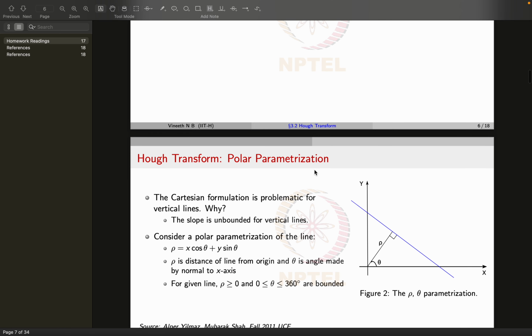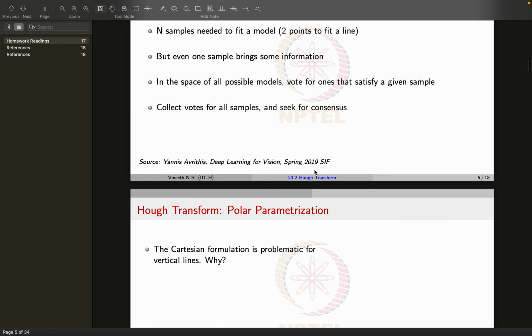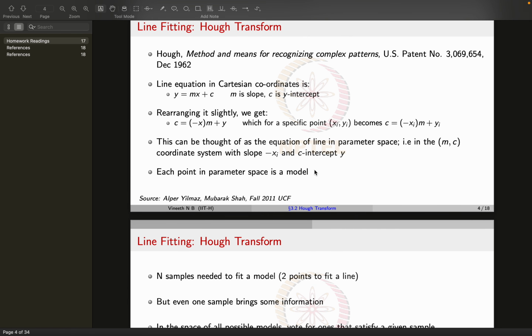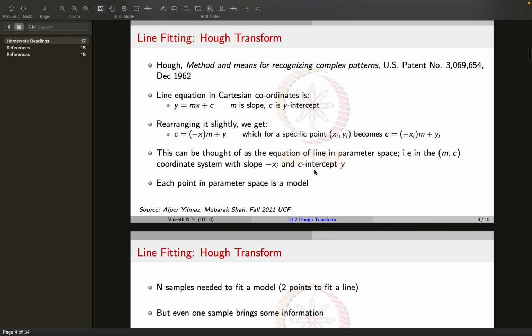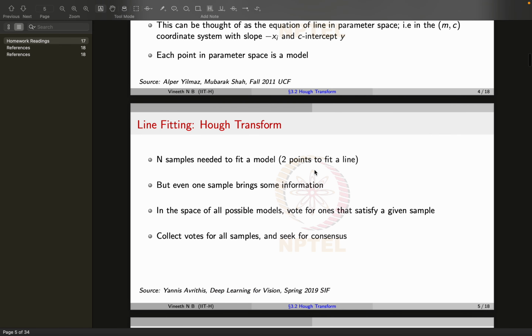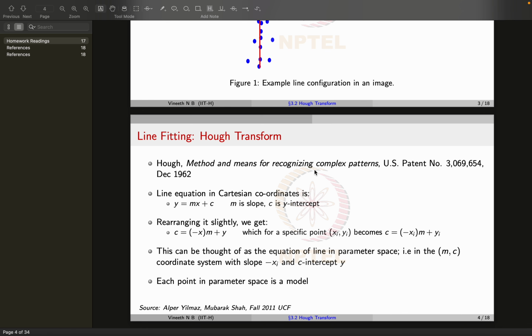So this Hough transform was originally proposed for lines, but then there was a generalized version called the generalized Hough transform, which is generalized for any curve. So how do we detect if there are lines existing in an image? So what happens is